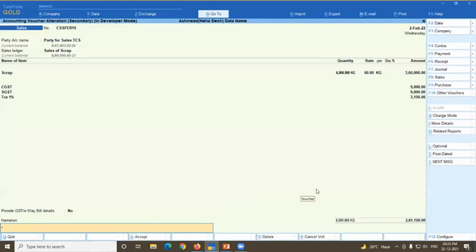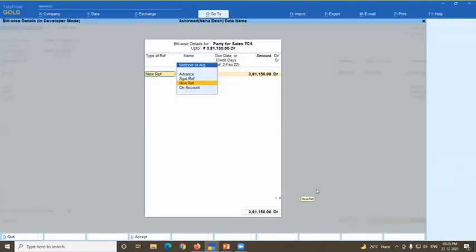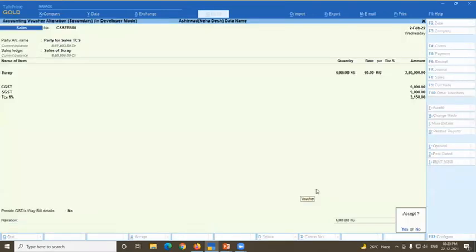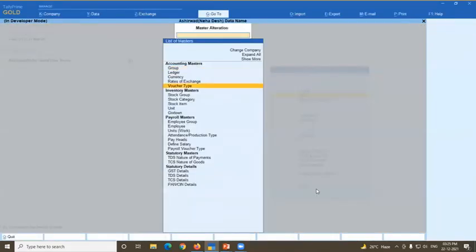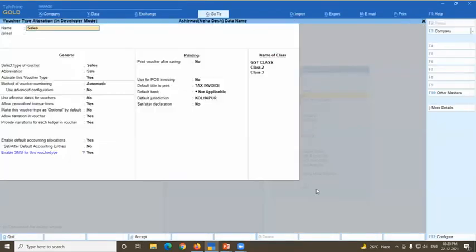Suppose it is not required, then why should I press enter and enter? See, one enter is increased. So let us see a simple example, voucher type, sales. See here, enable narration. If I put no here, the narration will not be asked in that voucher.